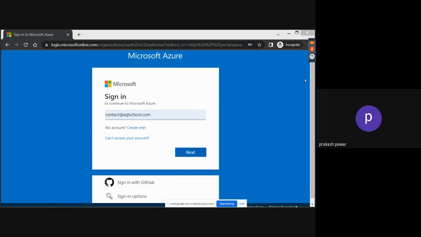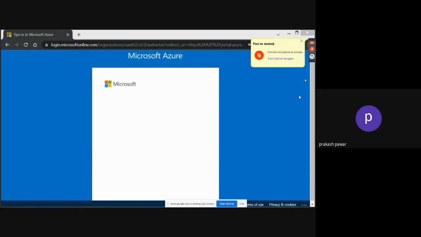Give some email address. Once you get the confirmation mail, then next step. Simply say next. Once you get the confirmation mail, you click the confirmation mail and then you get one